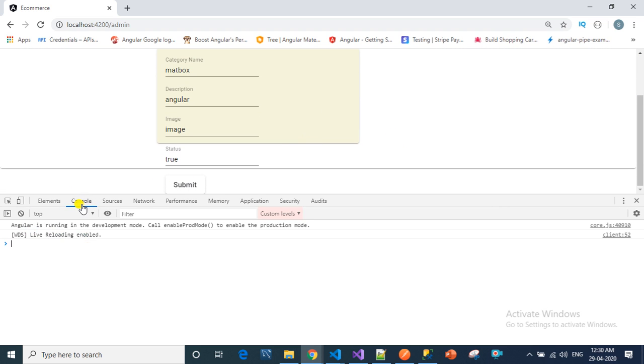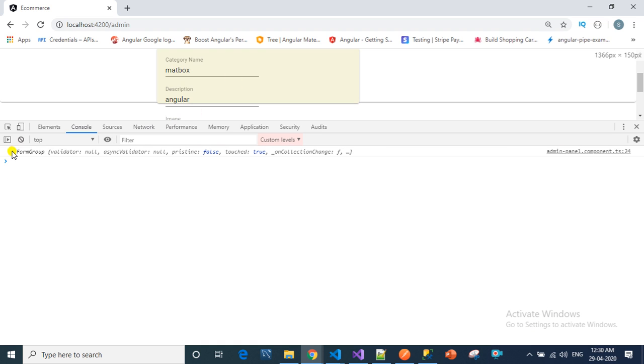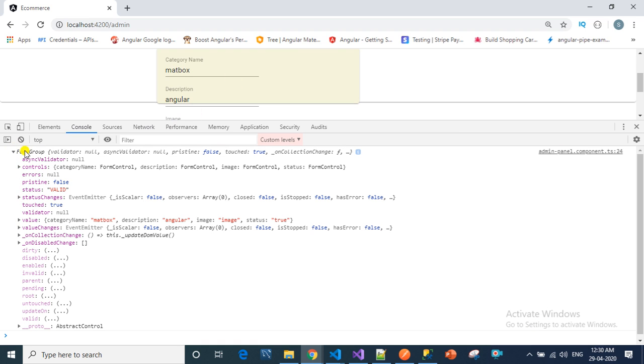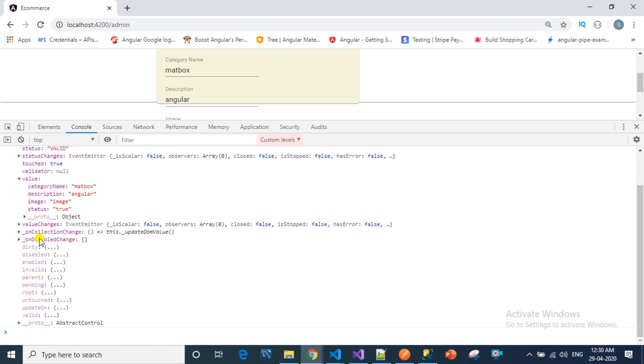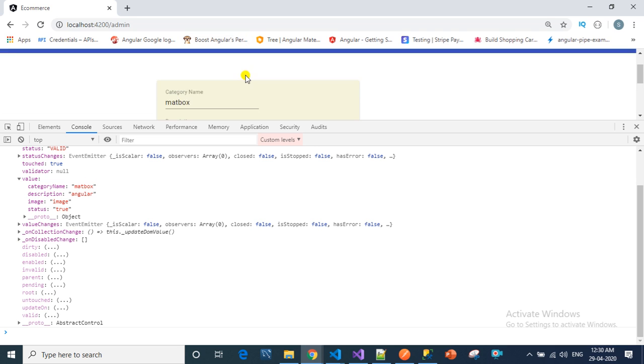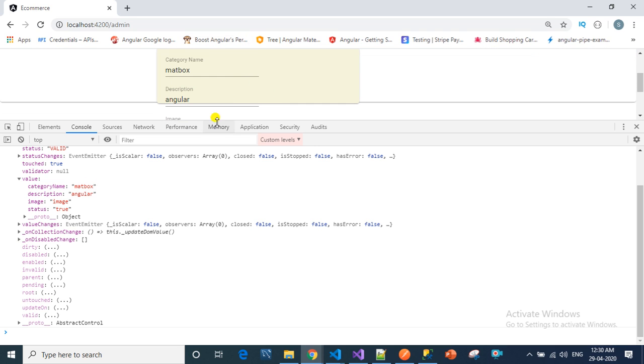So we have wrote a code to log all the data whatever the user has entered. So let's see whether we are getting the data or not. So in the form group, the value, we are getting whatever the data user has entered.